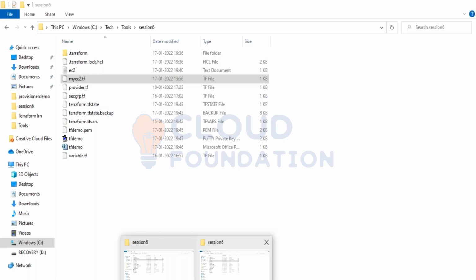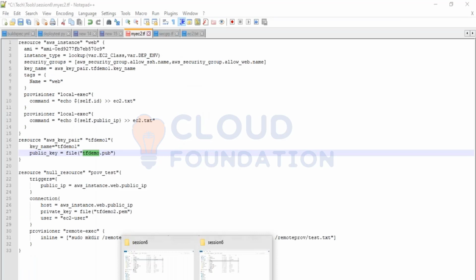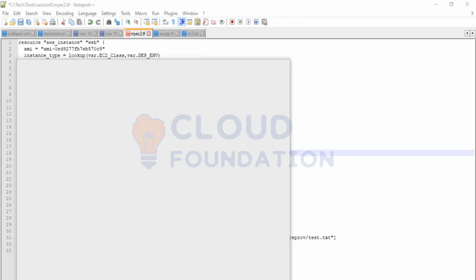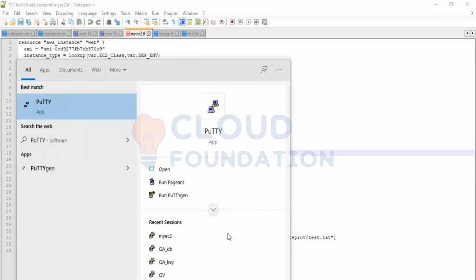But what you can do is generate your own key. I downloaded from AWS. That's why I already have a name tfdemo in AWS. That's why the key pair resource which I'm going to create using a public key, I have given the name tfdemo1, because tfdemo already exists. So here, if I open my puttygen,